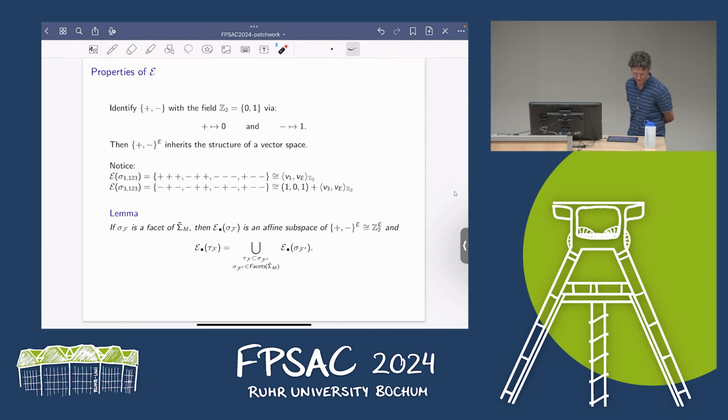So this fact actually generalizes if you have a facet, so a top-dimensional face of the fan, then the set that we just defined is an affine subspace of this weird vector space plus minus to the E. Okay? And also if we take a lower dimensional face, so some tau F for some non-maximal flag, so non-maximal cone, then that set is just the union over all of the facets. So it's a union of affine vector spaces. Okay? And